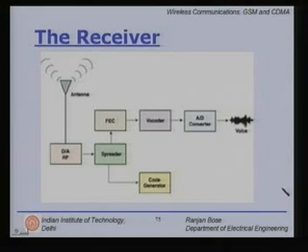So, the receiver block diagram looks as follows. There is an antenna and then there is a D2A RF. It goes to the despreader. Then you have the forward error correction module followed by the vocoder, A to D, and your recovered voice signal. So, this is the rough block diagram of the CDMA receiver.